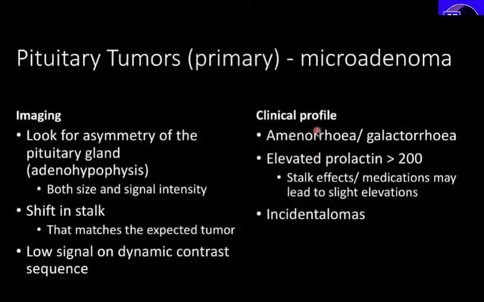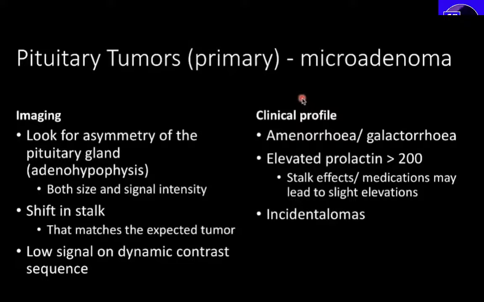Okay, so a patient comes for evaluation for pituitary microadenoma. Typically, the clinical profile will read as amenorrhea or galactorrhea, and often we'll see that in the history we have been provided only one line, elevated prolactin, but we don't know how much it has been elevated. Is it just like 30, 40, 50 or is it very high? Sometimes prolactin may be mildly elevated, and this can be because of involvement of the stalk or medications. But if the prolactin is elevated more than 200, then we have to strongly suspect a microadenoma and look